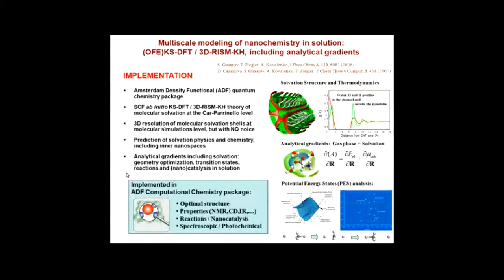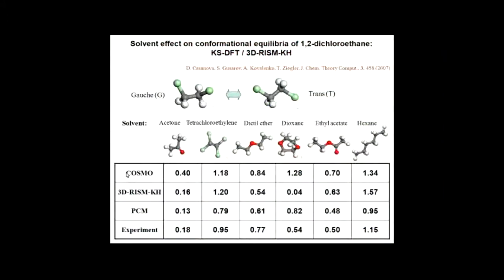And we ran many illustrations. Like here is one illustration. You have some molecule, an organic molecule in solution. It fluctuates between gauche and trans arrangements, and then the energetics of these fluctuations, the free energy in different solvents, is presented in the table. So we compared our model, which is line number 2, versus other models validated against experiment. And our model, those two, COSMO and PCM, are interpolative models, semi-empirical models. Ours is first principle. So you give me the solvent, I'll give you the answer what happens with this